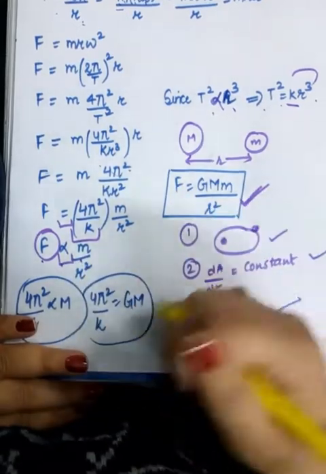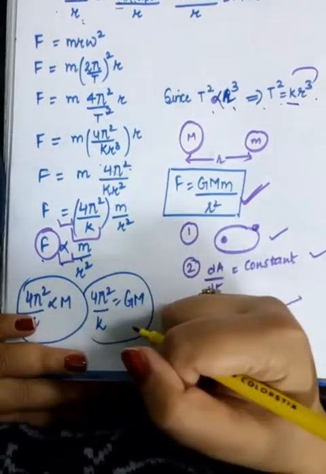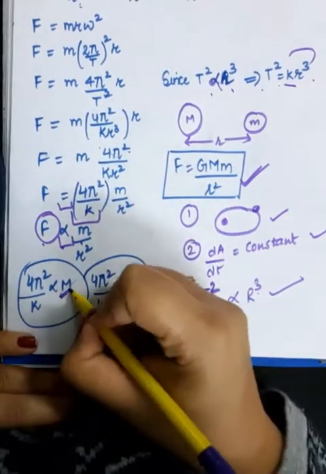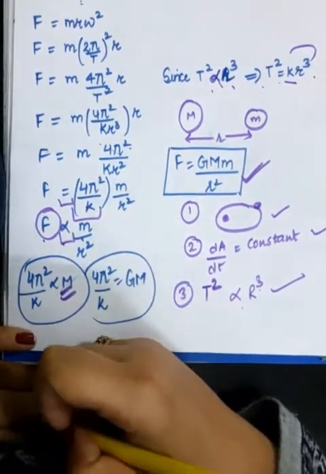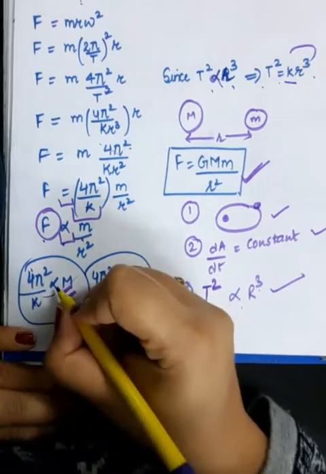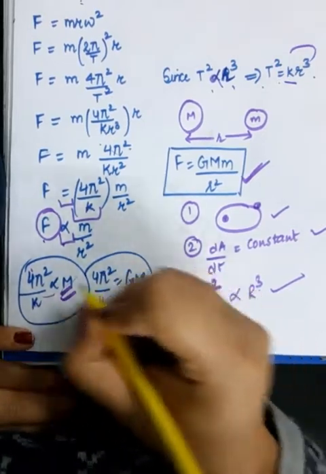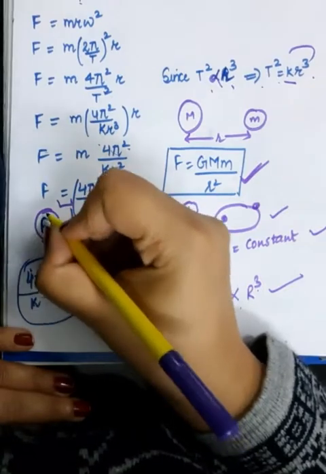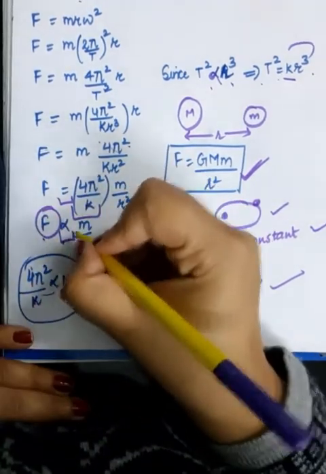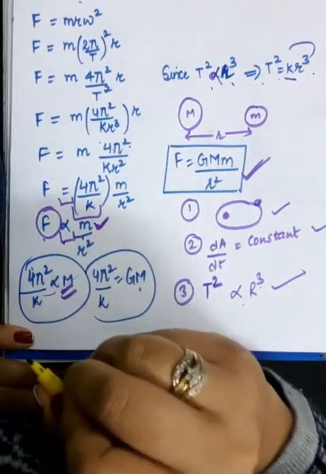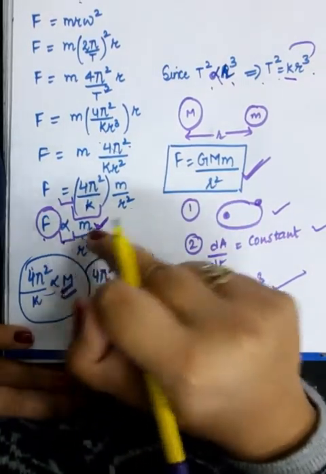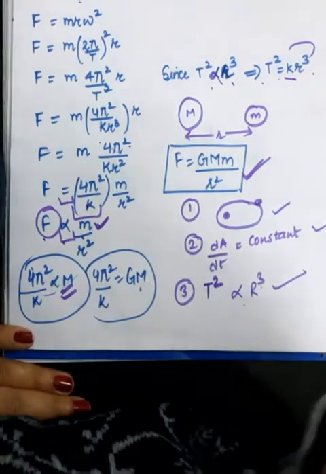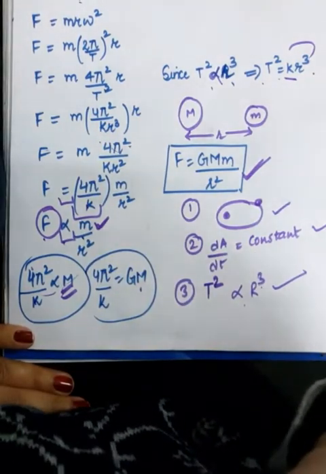So it will also be proportional to the mass of the sun then. So this means this constant has got the mass of the sun. Suppose we are replacing this constant by GM. Okay, I repeat, this was the force between the planet and the sun. At the end, it is coming proportional to the mass of the planet. So if this force is proportional to the mass of the planet, then that means it would also be proportional to the mass of the sun.